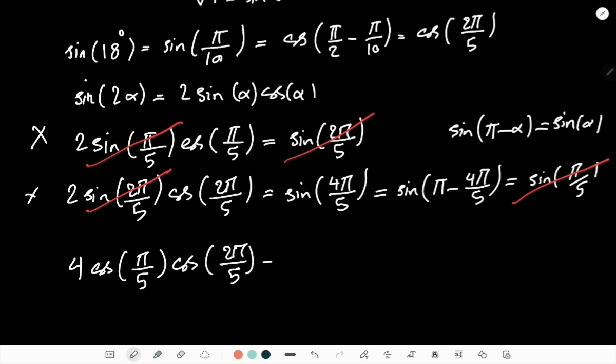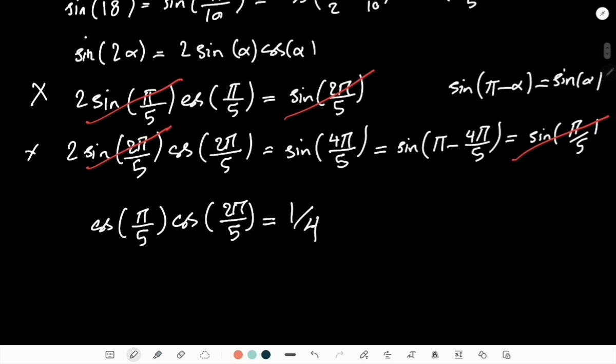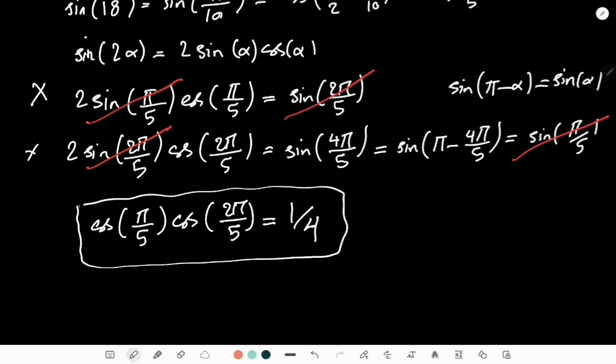This is equal to 1. And as a matter of fact, then I can say, just maybe bring 4 to the other side, and let's just say this guy equals 1 over 4. Okay, we have this identity here, which is interesting because pi over 5 is 36 and 2 pi over 5